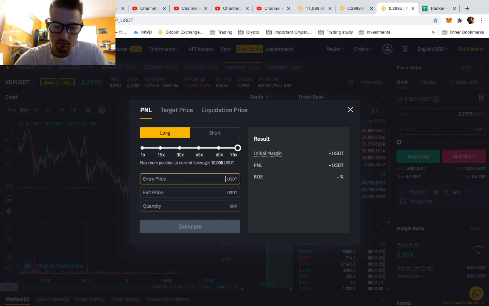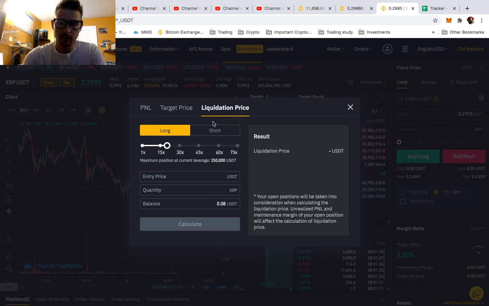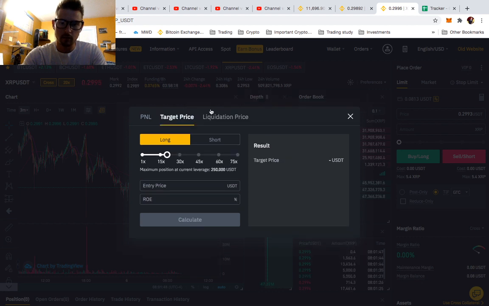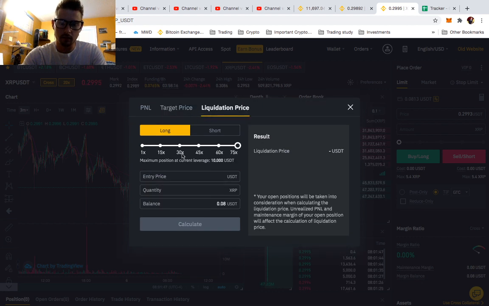Entry price is 0.2999. Let's say no, 0.2999. Exit price. Liquidation price is what I want. Sorry guys. Like, come on, Binance. Target price, liquidation price, P&L, profit and loss. Entry price